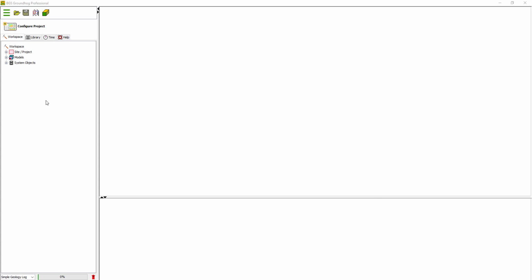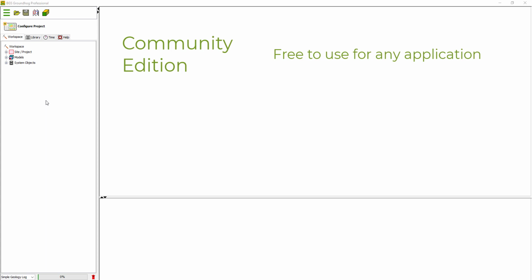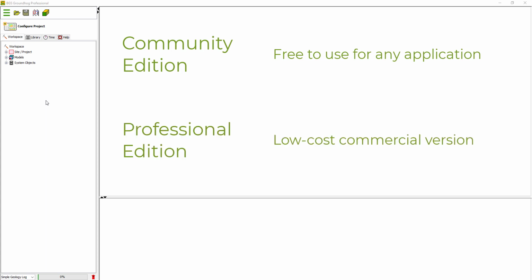So first thing to say, Groundhog exists in two versions. Groundhog Community, which is free for anyone to use for any purpose. It is a more basic version of the software. And Groundhog Professional, which is our low-cost commercial version, which includes additional features for conceptual site modeling and 3D geological